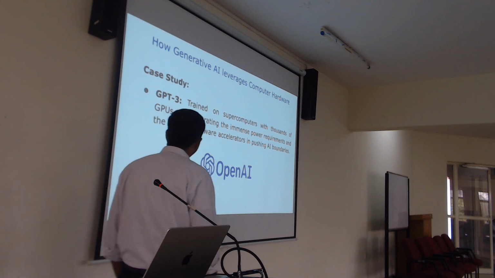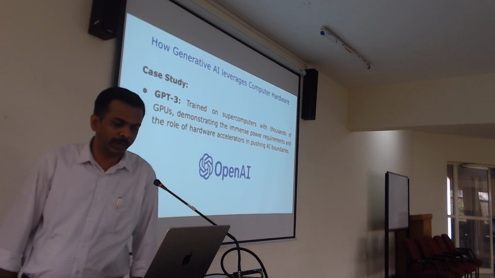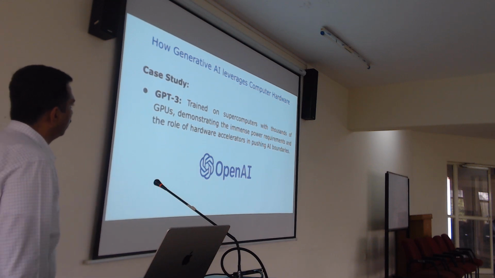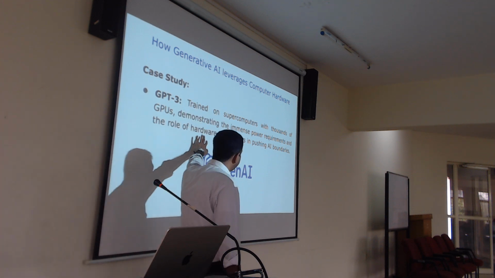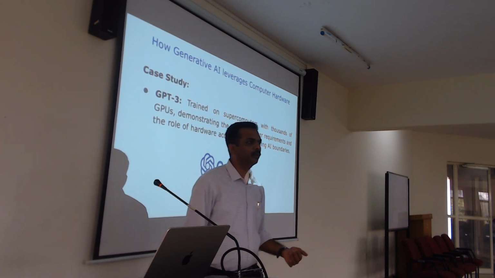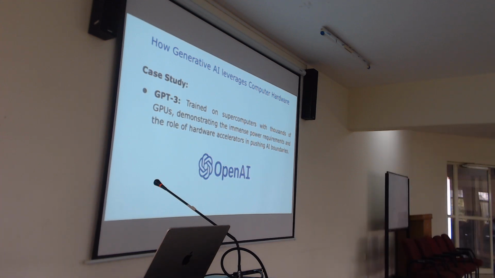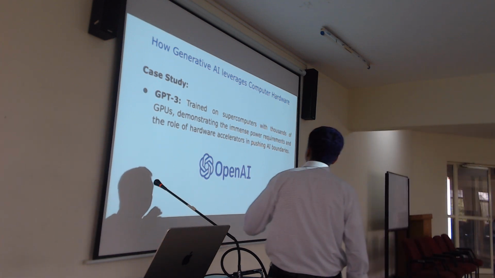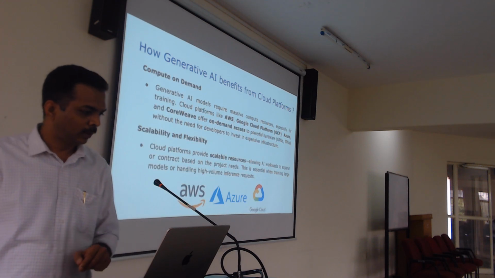One of the basic examples is OpenAI, right? So OpenAI is offering GPT-3, trained on supercomputers with thousands of GPUs, where you require immense power and hardware accelerators. When you go for TPUs, whenever you require accelerators, right? Whenever you need to enhance your processing capacity, then people will go for TPU. So this is one of the very basic case studies where generative AI is dependent on